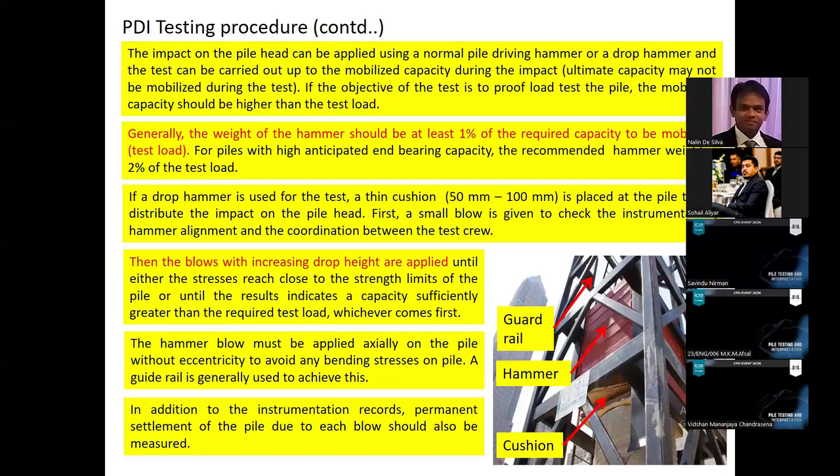Mobilized means that in order to maintain equilibrium, the pile must mobilize a certain capacity. That capacity can be calculated by the analysis tools. So you keep on increasing the blows until the mobilized capacity becomes equal to or greater than the test load. So that is the testing procedure,